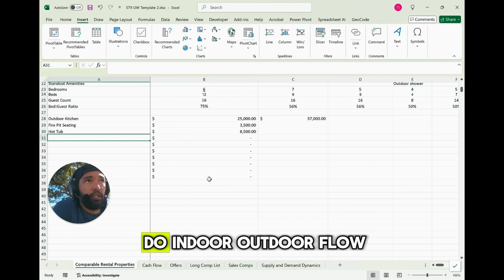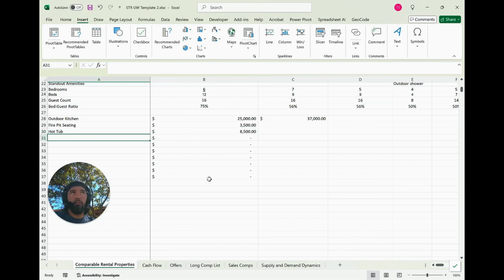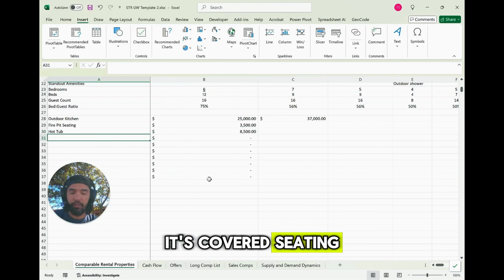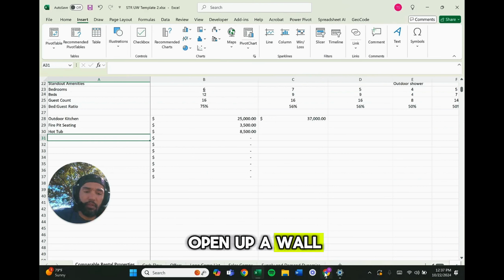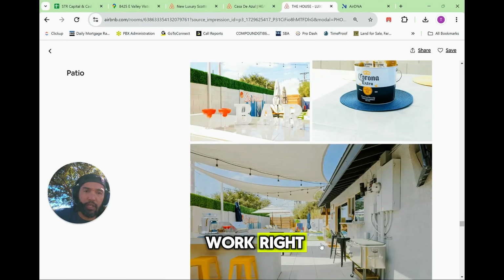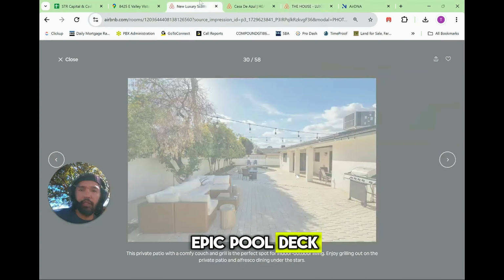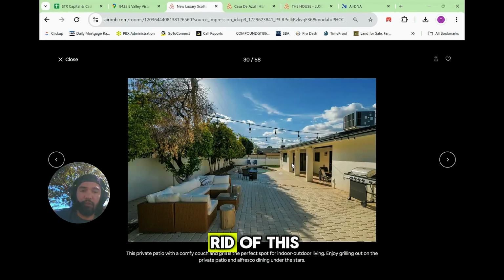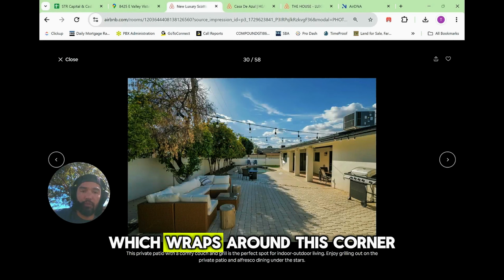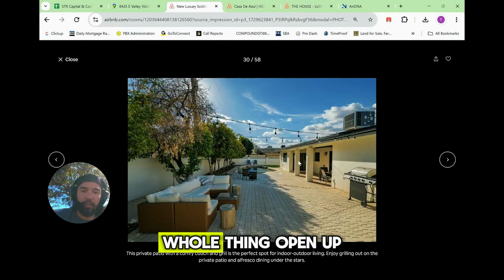I also need to do indoor-outdoor flow. It's covered seating, so I got to open up a wall to do that. I know that's going to work, right? If I create a super awesome indoor-outdoor flow onto an epic pool deck in this section right here, if I get rid of this wall, which wraps around this corner, and just make this whole thing open up into this pool deck, so you can see the pool deck completely from inside the house right here, and then cover